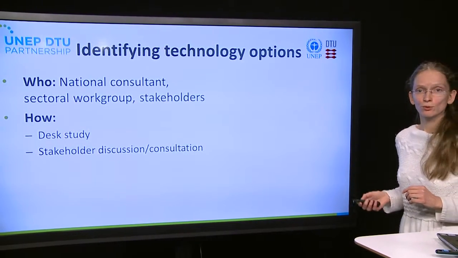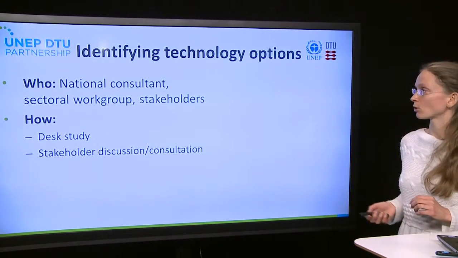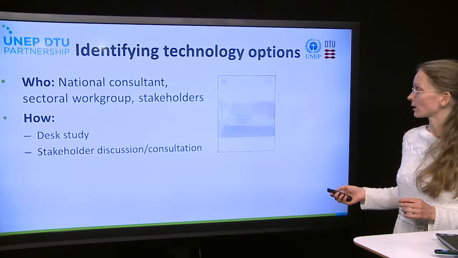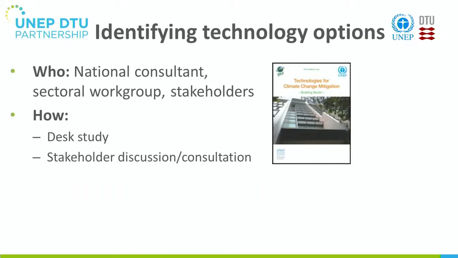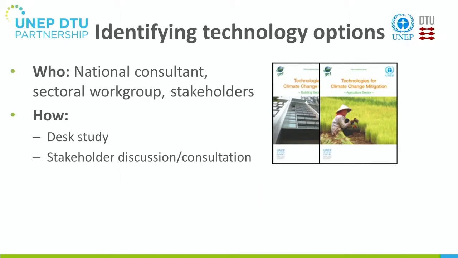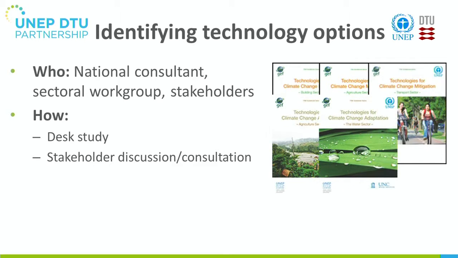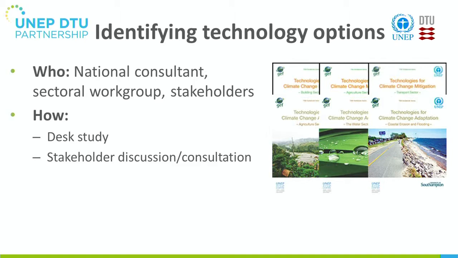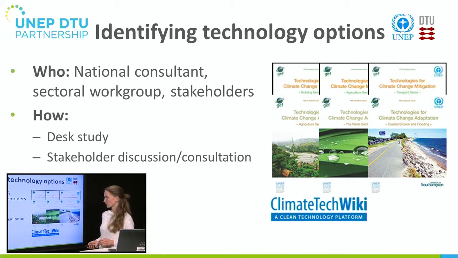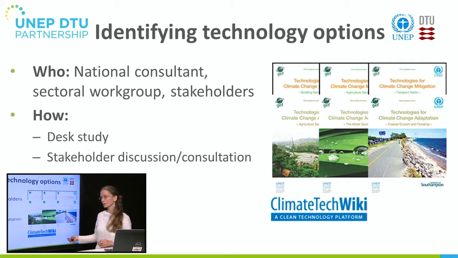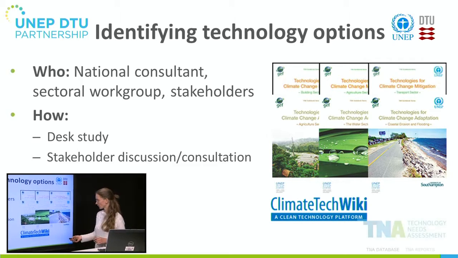What sources could you use for supporting this investigation on technologies? For example, you can use the guidebooks that are published by the UNEP-DTU partnership. For mitigation side, there is a building sector-specific guidebook, agriculture sector-specific guidebook, and transport. And for adaptation, there is agriculture, water, and coastal zone guidebooks. In addition to that, you can consult Climate Tech Wiki. This is an online platform in which you can find specific technologies and information on them. And finally,